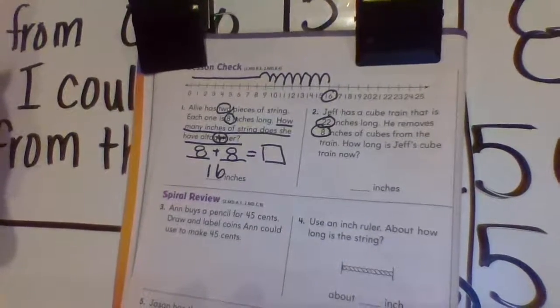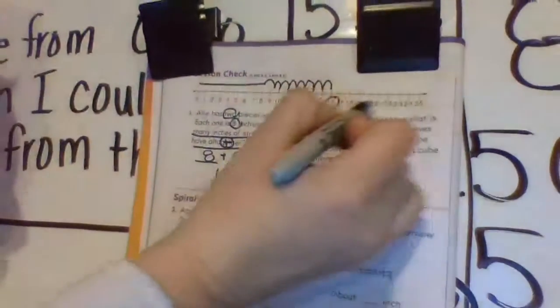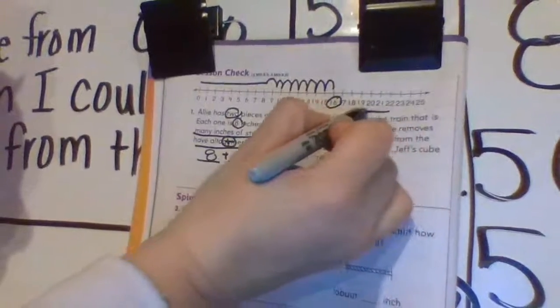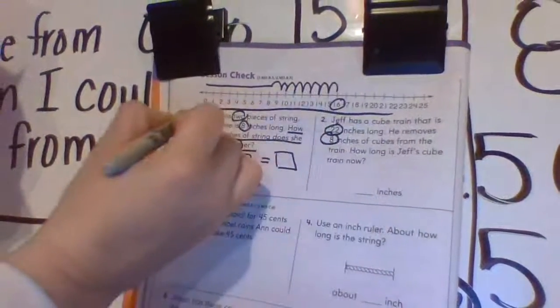The next one, Jeff has a cube train that is 22 inches long. He removes 8 inches of cubes from the train. How long is Jeff's cube train now? So it was 22. I'm going to use the bottom part of this time. So 0 to 22. And he took away 8. So